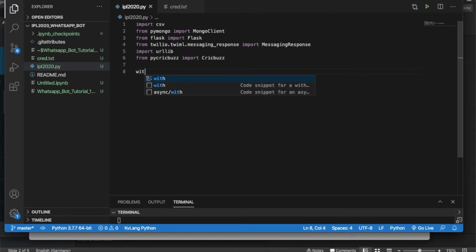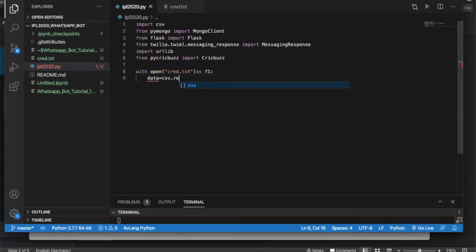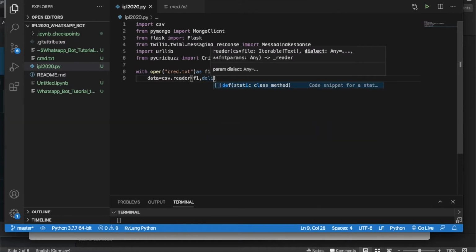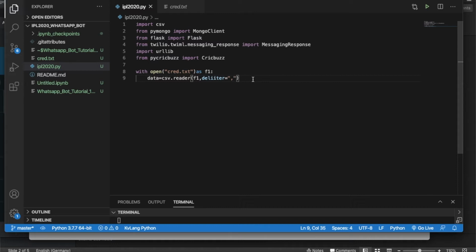So first thing, we will read from this file with open, as f1, data equals csv.reader, delimiter equals this, for row, then id, row 1.